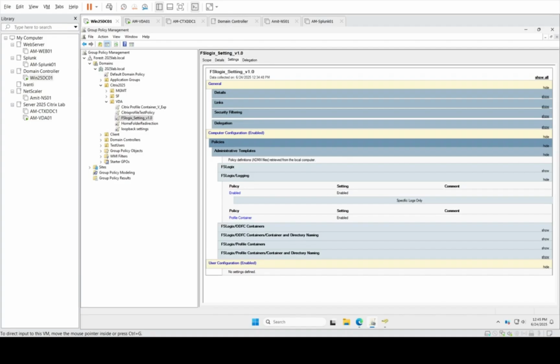So let's start with the best practices for FSLogix. There are 5 best practices which I would say we should follow when implementing FSLogix. First, always try to use the latest version if it suits your requirements. Number 2, always have proper antivirus exclusions. And number 3, use a dedicated profile share, because you could share this profile share with other services, but